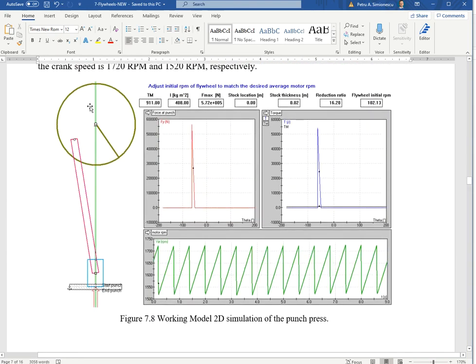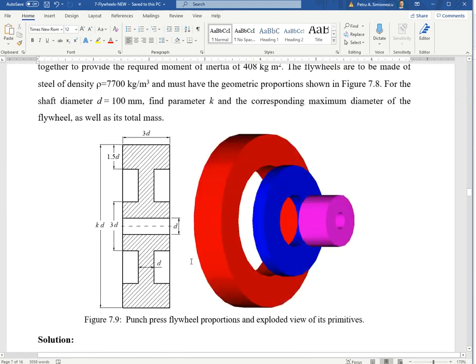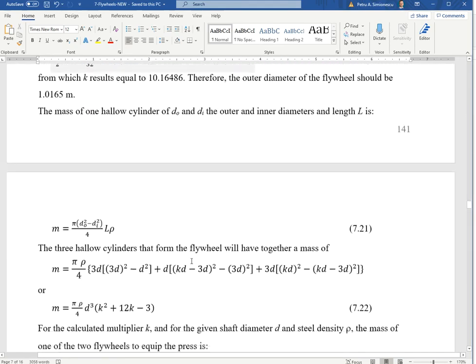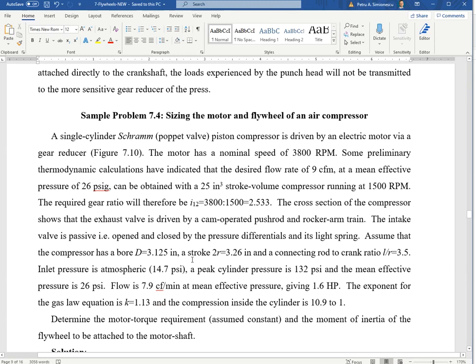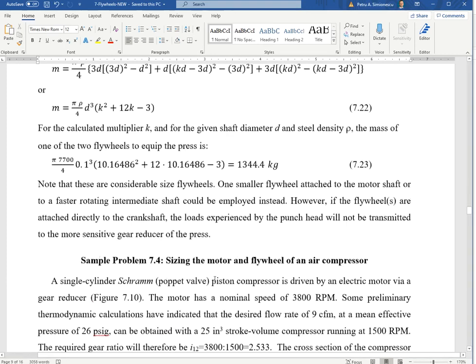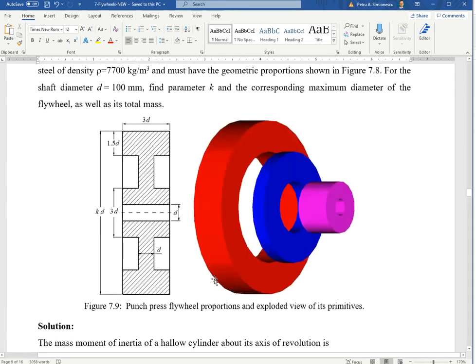it's placed on a slow moving shaft. Later in the chapter we're discussing the possibility of having the flywheel placed on a faster moving shaft, like on the motor shaft rather than on a crankshaft. If it's on the crankshaft,